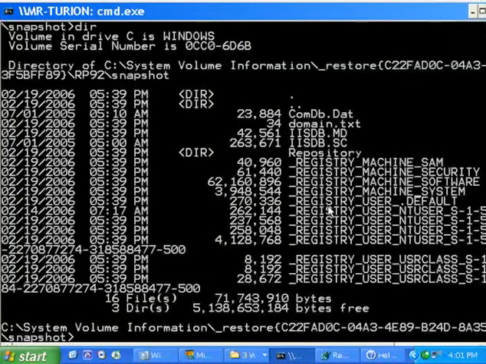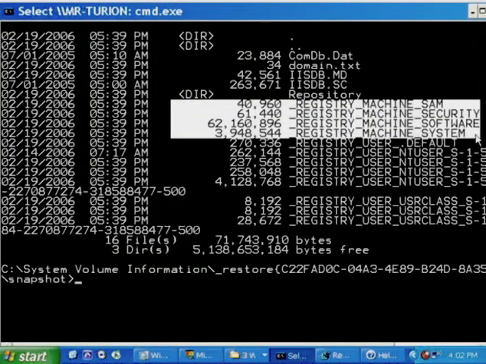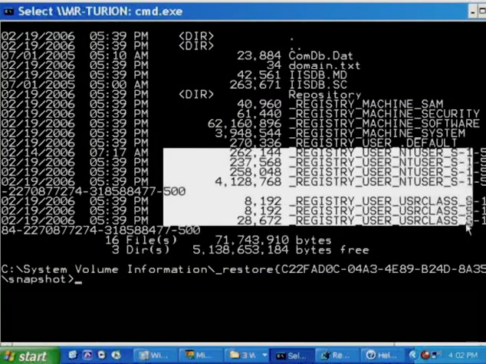And if you go into the snapshot directory, Dave, that's where you'll find the backup copies of those various database files, including the registry hives. This is a very important point, because every time a restore point is taken, Windows makes a copy of the core Windows operating system registry hives, the Security Account Manager database, Security database, Software, and System hive, in addition to all of the user profiles defined on the system. So we're going to see later, for troubleshooting, this is the best place to go in the recovery console if you're looking for an up-to-date registry hive to replace if, in the rare case, you've experienced hard registry corruptions.